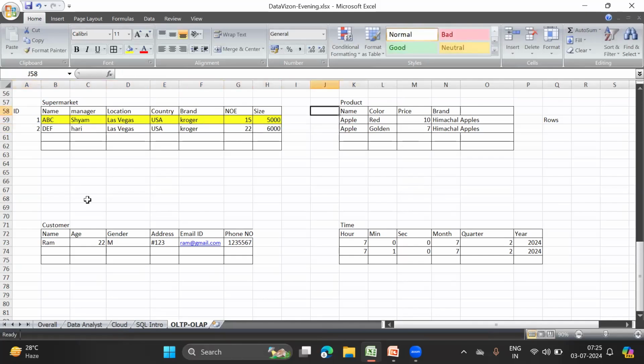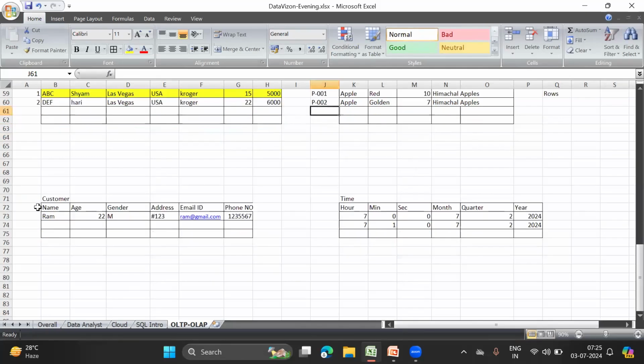Similarly, for the products, I need something called the product ID, which will give a unique number to each and every instance, or each and every row associated. So this is product ID 1, this is product ID 2. One thing I want to clarify over here: we do not necessarily have to have the identifier as numbers only. We can also create something like P001 and P002. Okay, so there is no hard and fast rule to have the identifiers as numbers. We can also have them as alphanumeric.